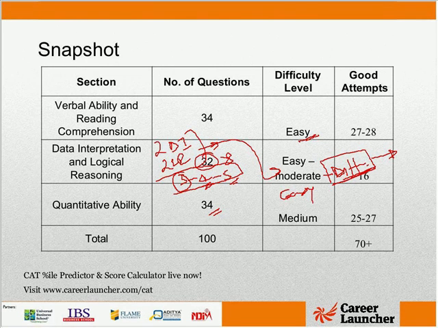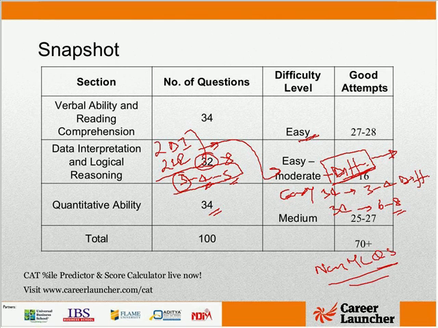Last year, out of the 34 questions, you had maybe about 3 to 4 questions which were difficult or which required some effort. This year, out of 34 questions, we have probably 6 to 8 questions which are slightly difficult, and in addition to that, you have non-MCQs. When you have non-MCQs, that means you need to put in a little extra effort, you need to do a little more work in the paper, and hence it becomes a little more time consuming.